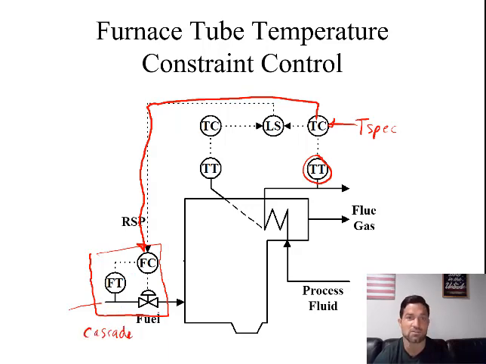Cascade is used to minimize the effect of a specific disturbance. The specific disturbance here would be related to the fuel flow. So perhaps a change in pressure upstream or downstream of the fuel can affect the flow through this valve without anything else changing in the system. Okay, one of the things that can happen in the system is if the temperature